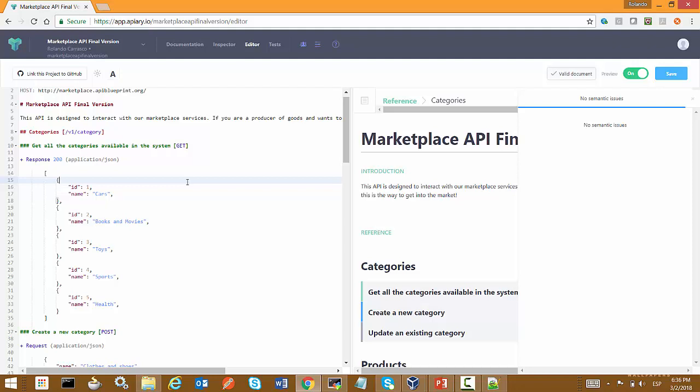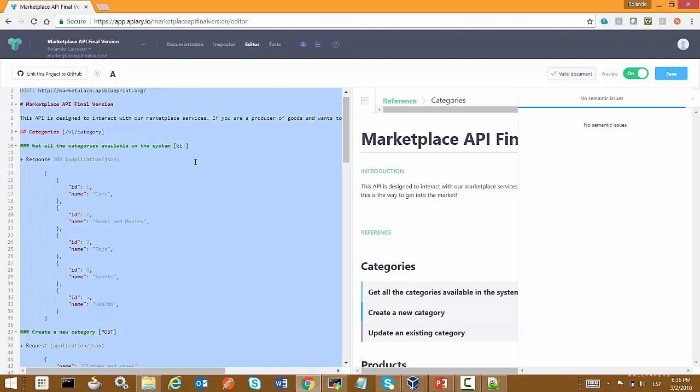So yes, take a look at the API definition. It is not enough for us. We need to create functions or code that help us validate that the API is accomplishing, or is well defined according to, the design principles mentioned before.